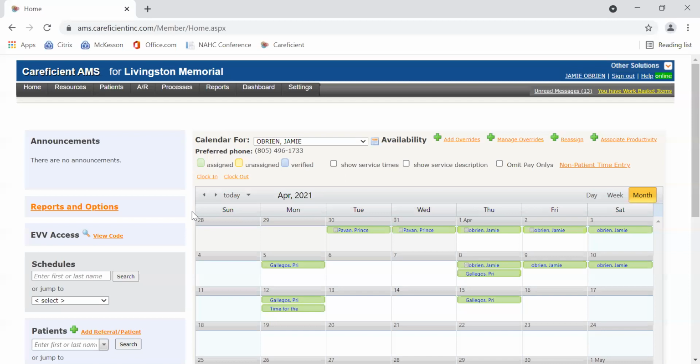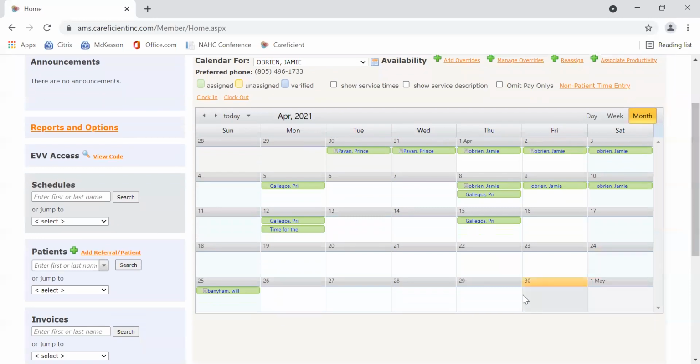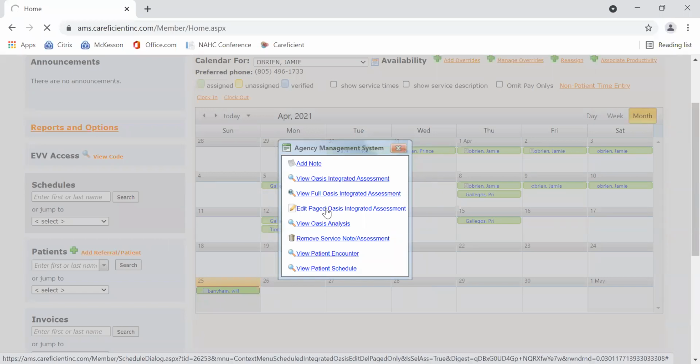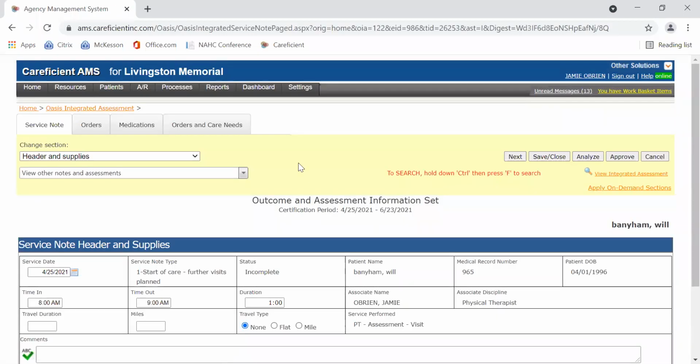So I'm going to show you a couple examples right now where you should chart instead of double charting. So I'm going to pull up this patient here. This patient's open. I'm going to go to Edit Page Oasis Integrated Assessment. I think I am. Yeah. Okay, there it is. So in here,